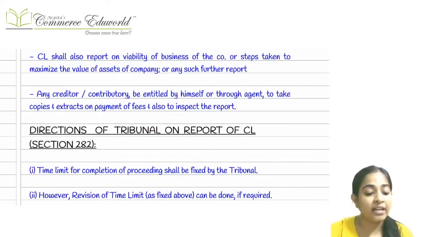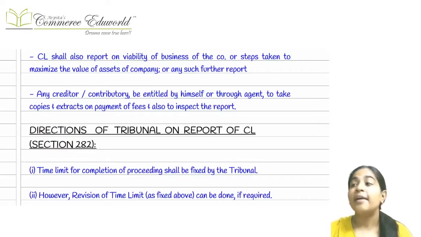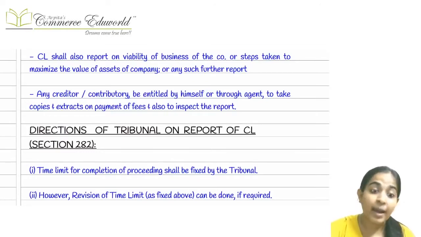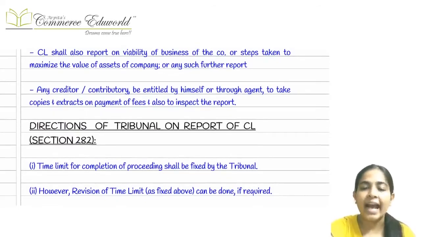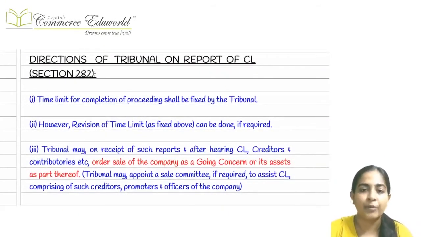Also, the company liquidator will write in that report whether he has found any fraud or not, and whether it is viable for the company to continue in the future or not. If it is viable, then yes, we can plan for revival. All these, the company liquidator's opinion, can be written in that report. Once the tribunal receives this report from the company liquidator, it will decide whether it's a small company, a medium-sized company or a large company, and how much time it will take for winding up the process.